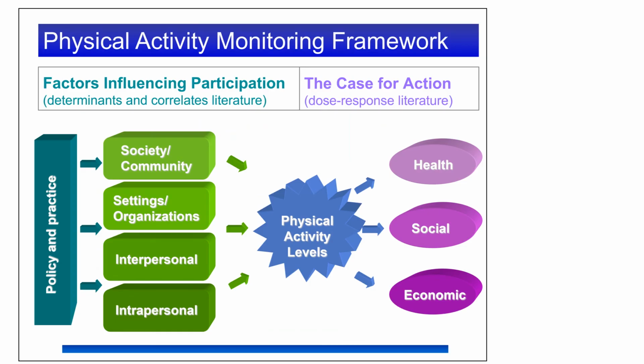Initially, the Institute developed a framework for physical activity monitoring, which you can see here, and they built a surveillance system which comprises surveys every 3 years of schools, workplaces, audits of the built environment, as well as measuring the social and economic consequences of physical activity. This is in addition to a routine physical activity survey which has included objective pedometer measurement of representative samples of Canadian schoolchildren. This system continues to be funded by all provinces and the national government, who jointly value it for physical activity and for sports sector surveillance.